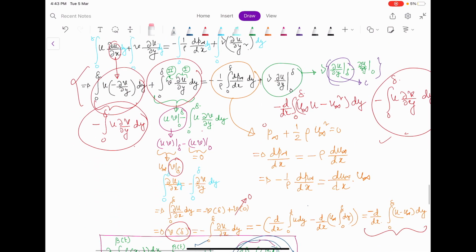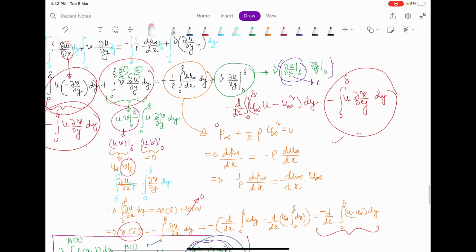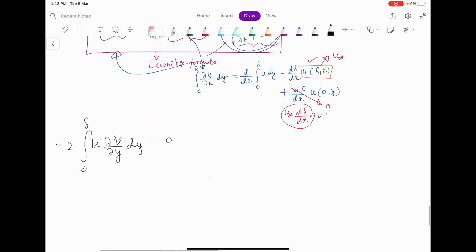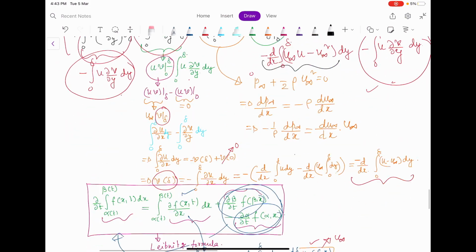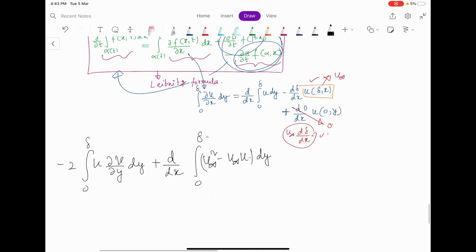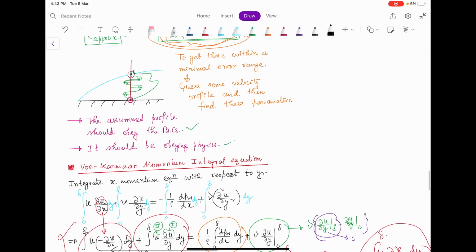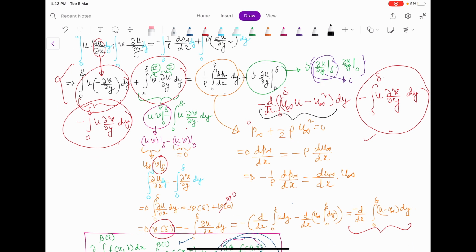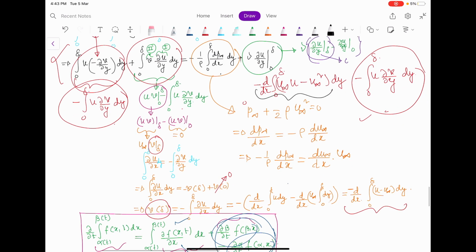Then this term will come, that is minus of d dx of, okay, so let me absorb the minus, and this will be d dx of integration u infinity square minus u infinity into u dy 0 to delta, right. And here I will have what,